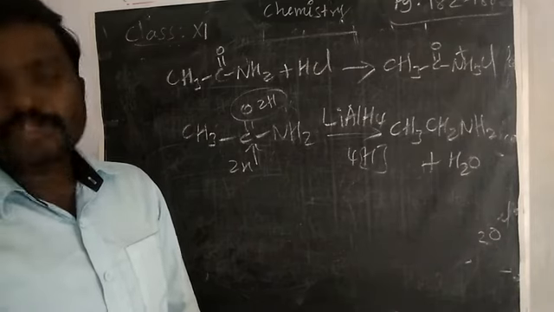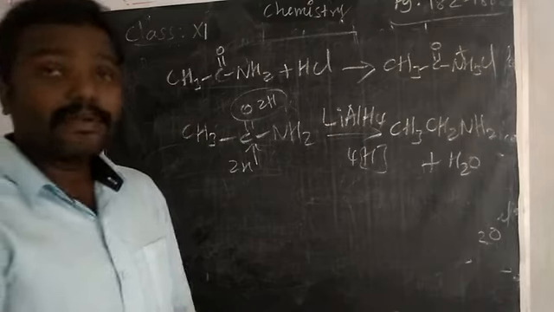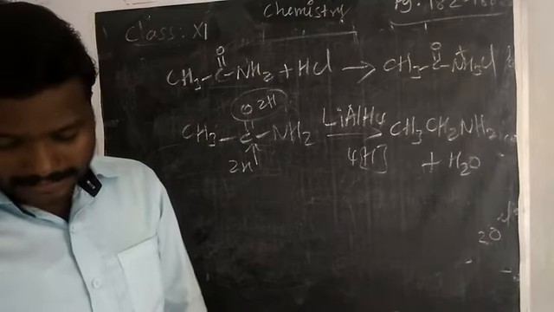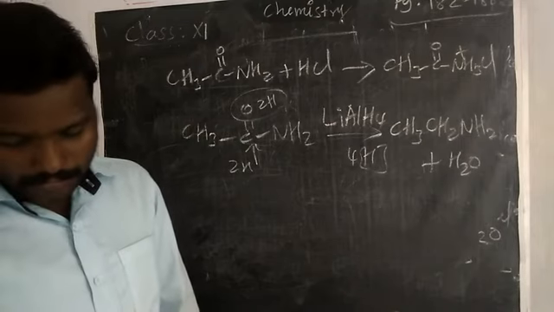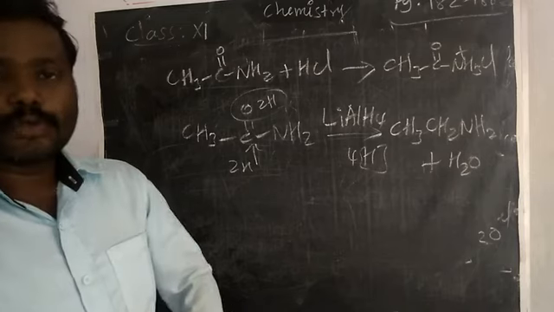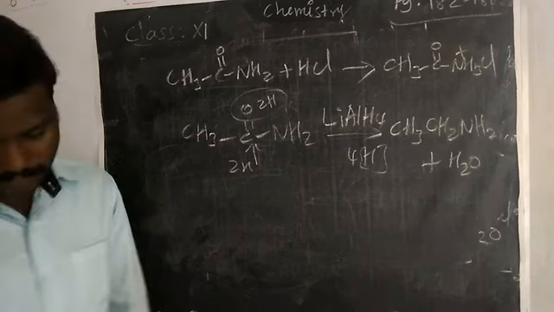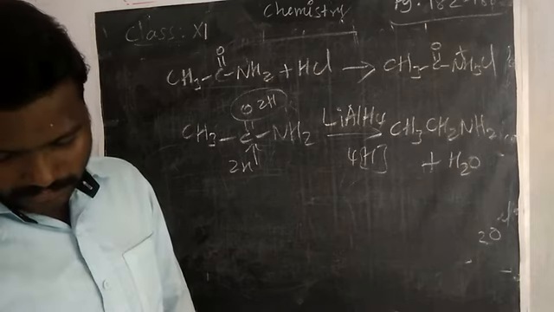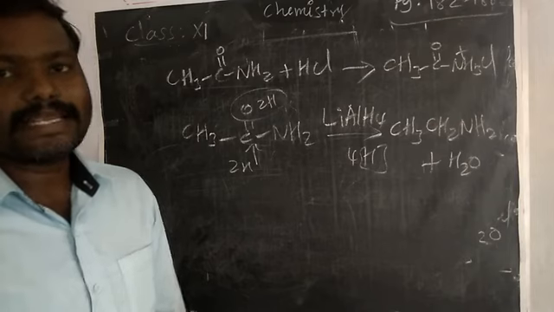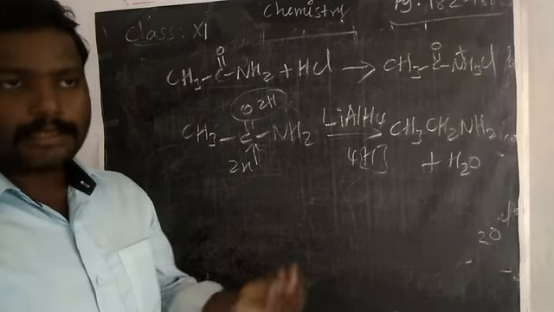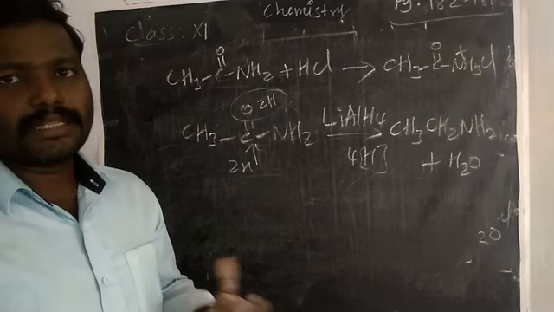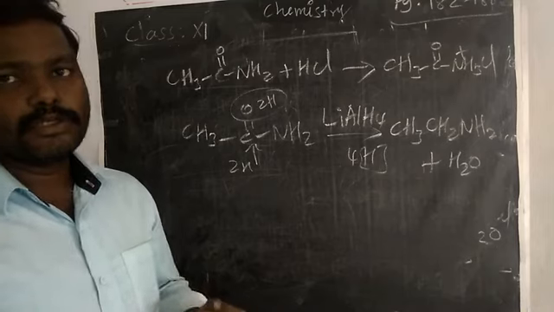Then benzoic acid, whose uses we already studied, here also given as antiseptic. Then sodium benzoate is used as a food preservative. Then ethyl acetate, artificial fruit essence. We are drinking fruity or some other fruit liquids, that is